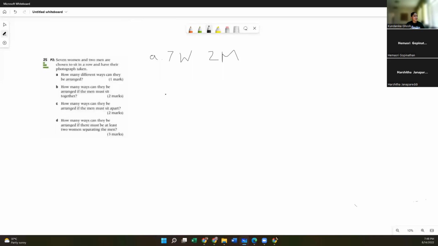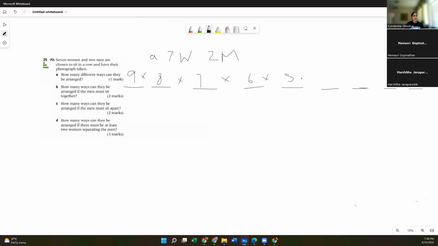So for a question like this, I like to visually see it. So I have 9 people in total. So I have 9 chairs. 1, 2, 3, 4, 5, 6, 7, 8. We'll fit in an extra chair over here. Okay. So for my first chair, I have a total of 9 options because it doesn't matter whether or not it's female or male. Because I've already used up 1 option here, I only have 8 options over here. I've used up another option over here. I only have 7 options over here. So on and so forth until you get to 1.